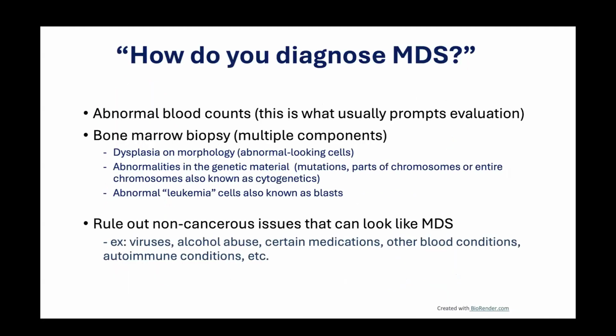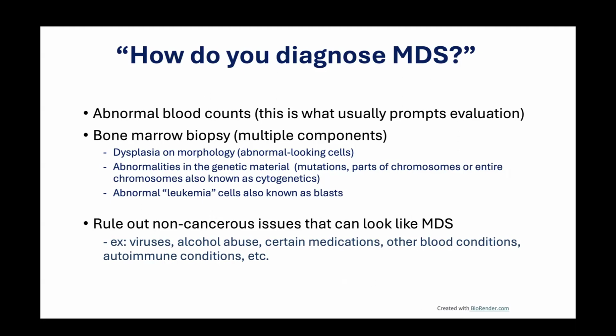So then the next step is, well, maybe you had abnormal blood counts in a primary care office, or you were feeling more tired and that showed that you had anemia, which led to a workup. But how do you actually come to the diagnosis? Well, abnormal blood counts by themselves are not enough, but often when there's more than one abnormality or certain types of appearances of cells, we become suspicious for MDS. Anemia on its own or thrombocytopenia on its own can be caused by a bunch of other things like viruses, alcohol abuse, certain medications, other blood conditions. So hopefully your cancer doctor is having a really good conversation with you about this.